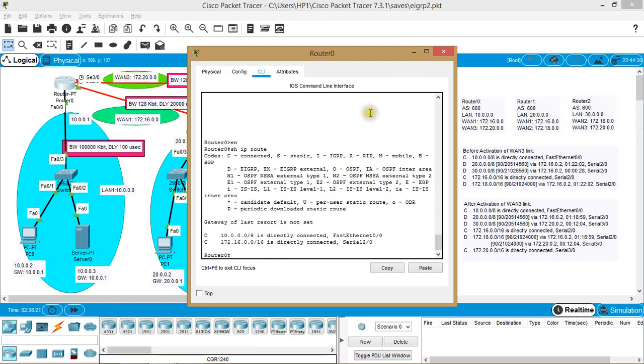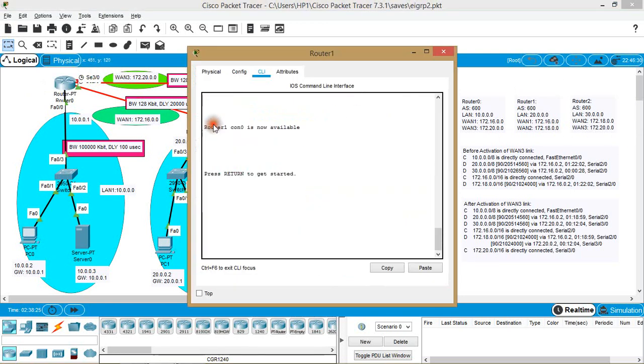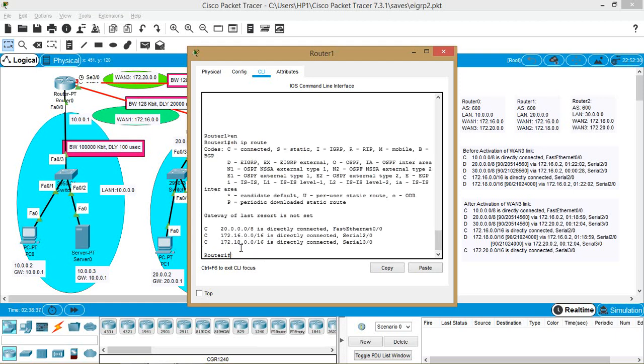Similarly, I'll show you the routing tables on R1 and R2 before configuration of EIGRP. So on R1, let us see the routing table. Show IP route. So here router 1 is having 3 directly connected networks.